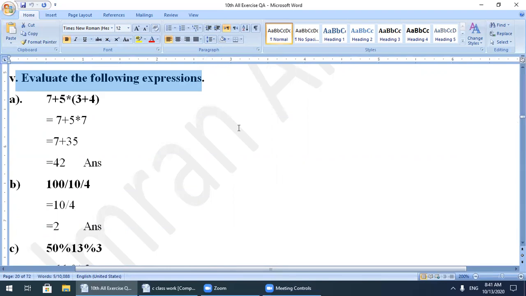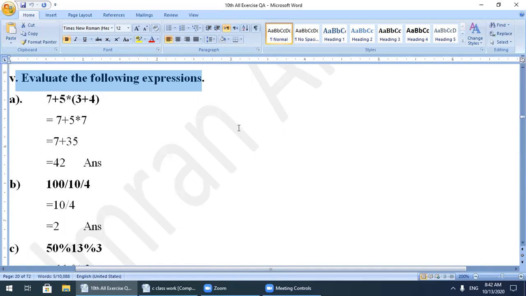For example, what will be the answer of 2 plus 3 multiplied by 3? Most of the students will say it is 15, but the result 15 is not correct. Its answer should be 11.